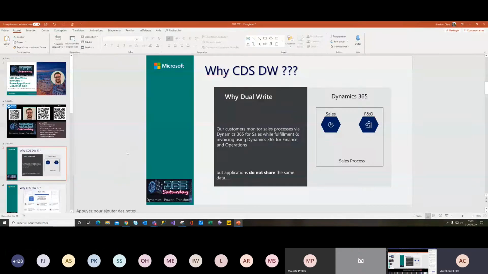I have done in the past an integration between AX 2012 and CRM 2013, both on-premise, and it was really challenging because the architecture behind CRM and finance operation doesn't have the same architecture.